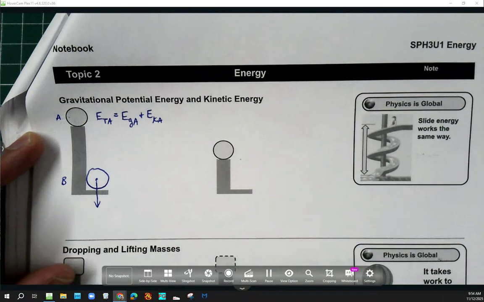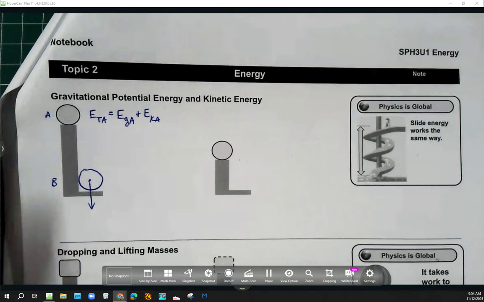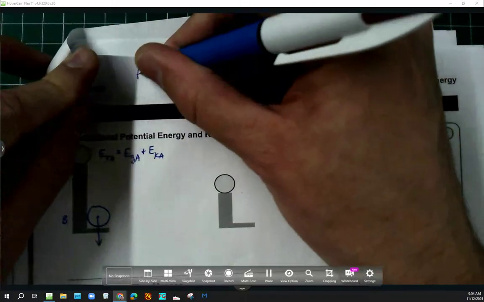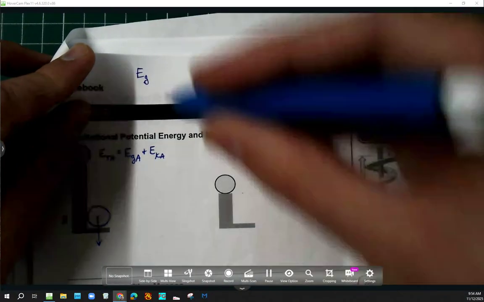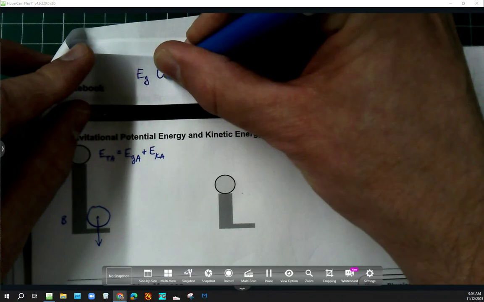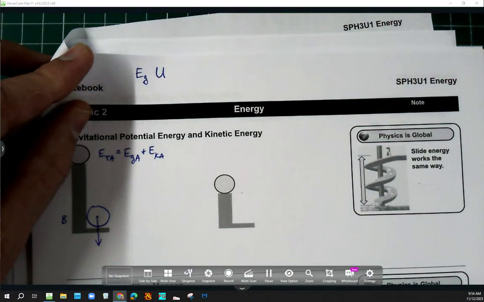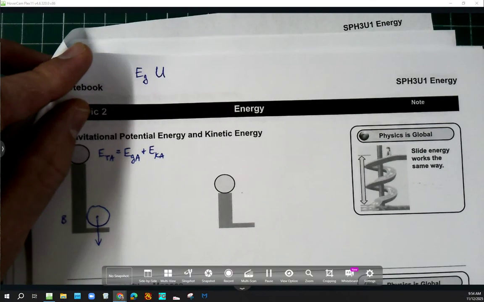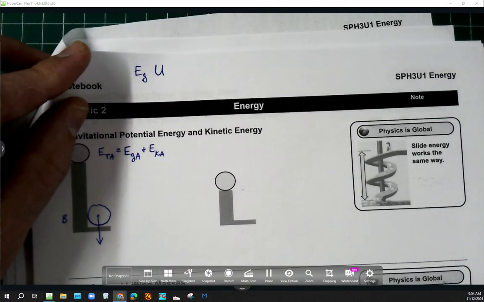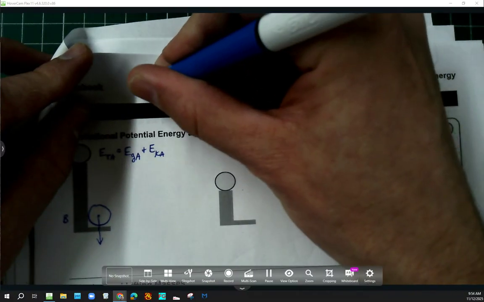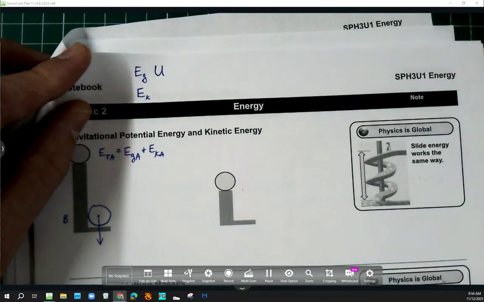Now, depending on where you learned physics, there are going to be people that talk about gravitational potential energy as E_G. If you have a family member or a loved one that's tutoring you in physics, maybe you even hired a tutor, there's a good chance they're going to use capital U for gravitational potential energy. I'm going to use E sub G because it's nice and descriptive and people seem to have an easy time with it. But if your mom's an engineer or something like that, she's probably going to use capital U, depending on where she learned how to be an engineer. Likewise, if Uncle James or somebody is your tutor,